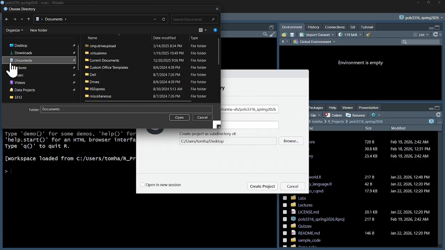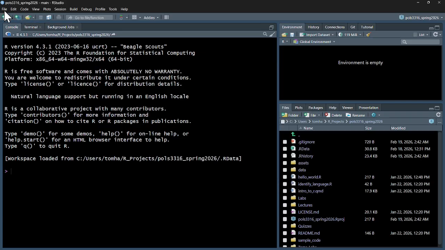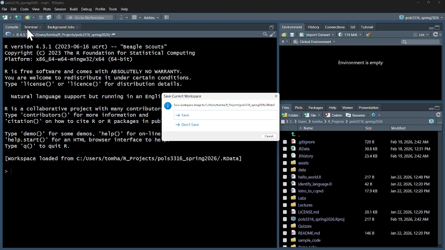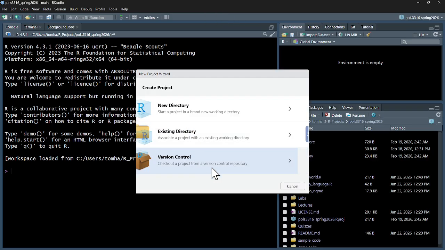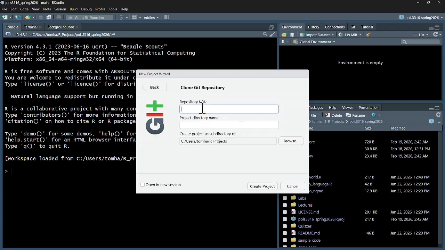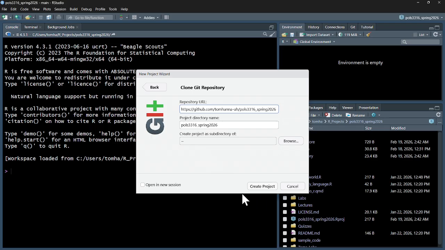So don't pay any attention to what I'm doing because, well, you know what? Actually, I am going to save it to a new spot because that way you'll be able to actually see what it looks like. I have something called R projects and it's already there. So it wouldn't work, but I'm going to save it to my documents, and then I'll delete it later. But wherever you put it, you can just leave it as the default, or you can pick a spot on your computer. That's up to you. But then you click Create Project,